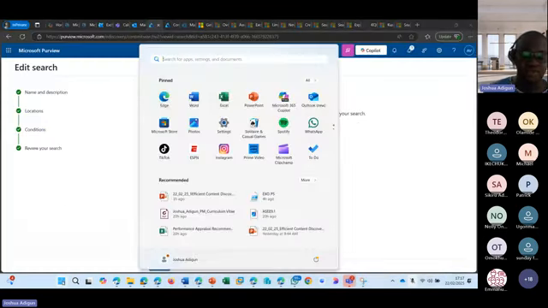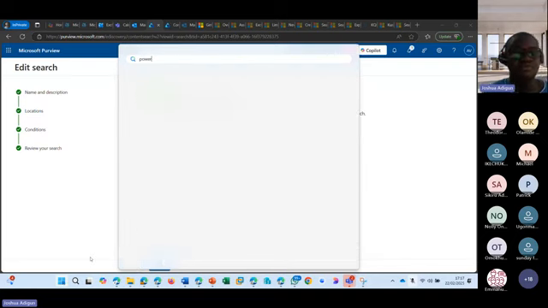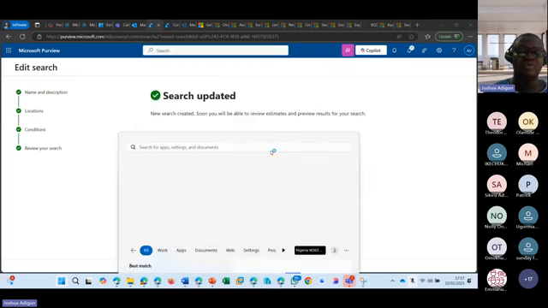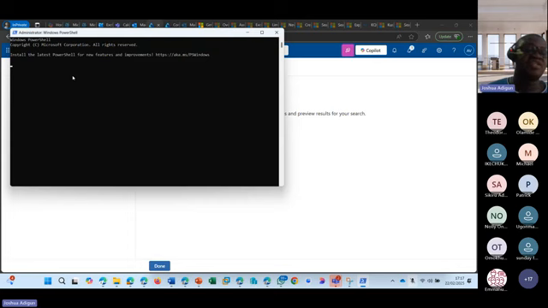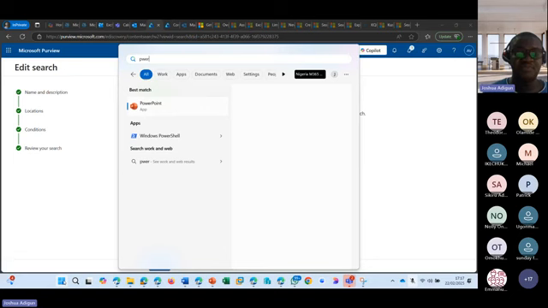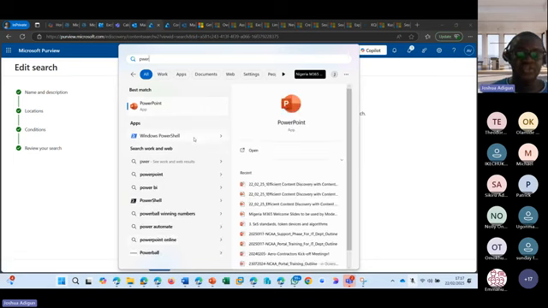So you come to the start button, you type PowerShell, right? You see them: you have PowerShell ISE, and then you have the normal PowerShell. If I run this as admin, I'll get the normal PowerShell, right? I have to start running the scripts one after the other. But no, I want to run the PowerShell ISE where I can have all my scripts in one place, and then I can execute them